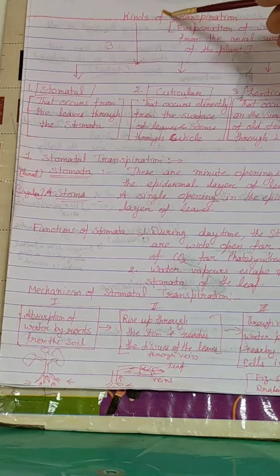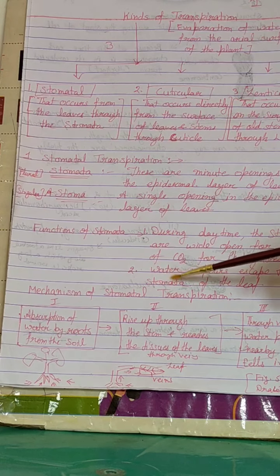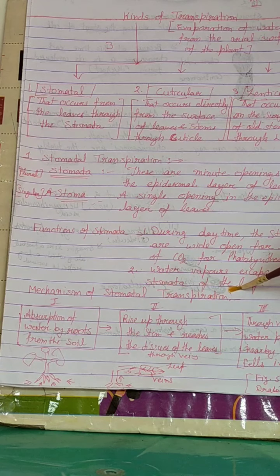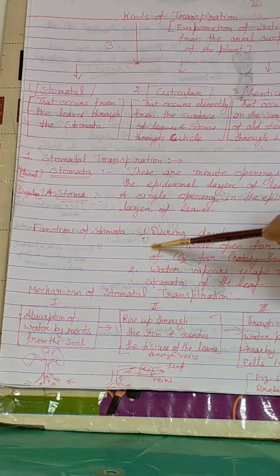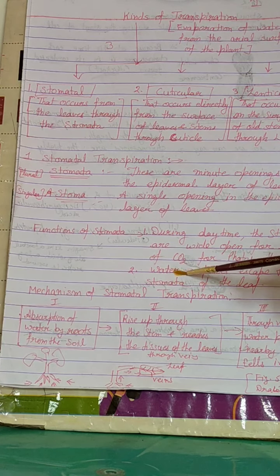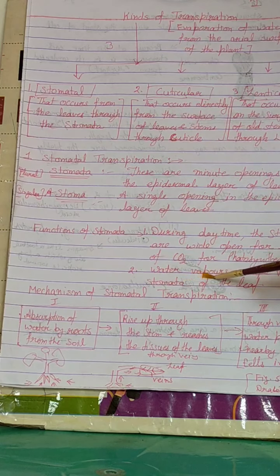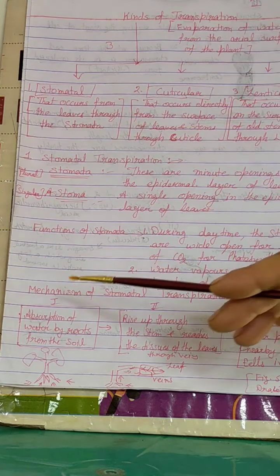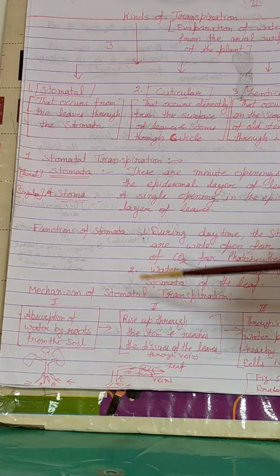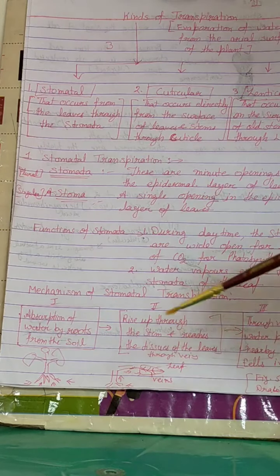Today in our topic we are discussing only transpiration, so we will concentrate only on the removal of water vapors through the stomata of the leaf. However, stomata perform two main functions, that is, exchange of gases and removal of water vapors. So here we will take up only the removal of water, how it occurs through stomata. We will discuss the mechanism of stomatal transpiration, how this water evaporates through stomata. What happens?